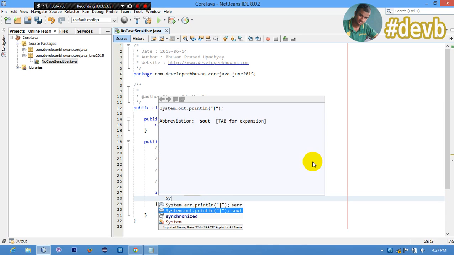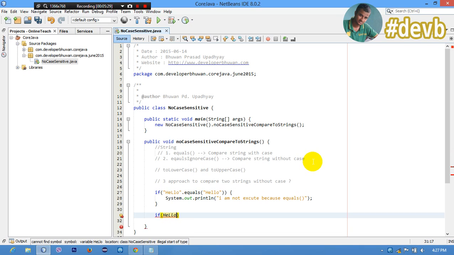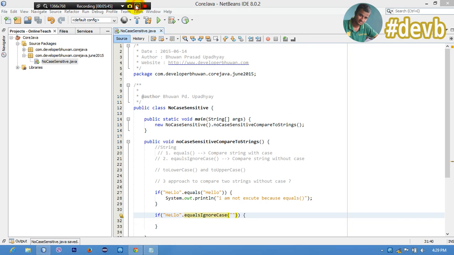For example, I will not execute this because of the equals method. If "HELO".equalsIgnoreCase with capital L, small l, o.